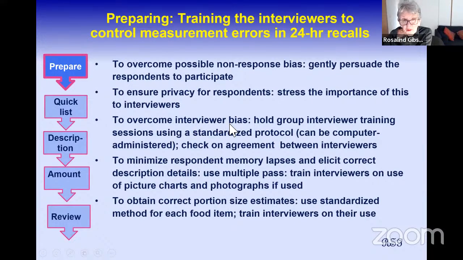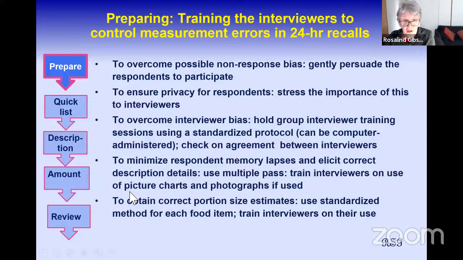To overcome interviewer bias, we recommend holding group interviewer training sessions and using a standardized protocol so that each of your enumerators has to interview using this standardized protocol. And you can then check on the agreement between the interviewers if each of them are using the same standardized protocol. To minimize respondent memory lapses and elicit correct description details, use your multiple pass,